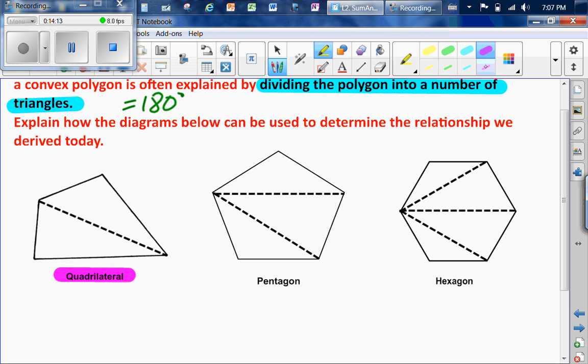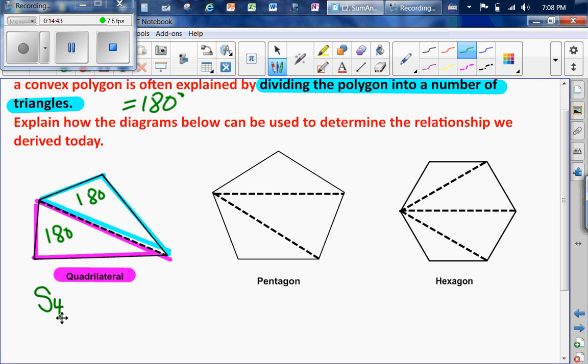If we take that quadrilateral and we divide it in two, now we have created two triangles, one there and one here. And we know that if we have this triangle here, all of the angles are going to add up to 180, and all of the angles in this one are going to add up to 180. So if we have 4 sides, 180 times 2 gives us 360. If we take the pentagon,